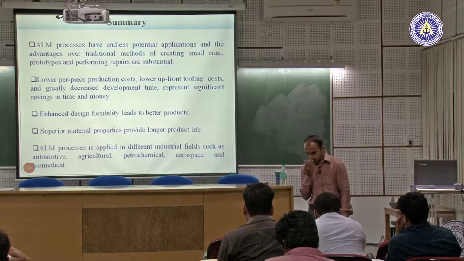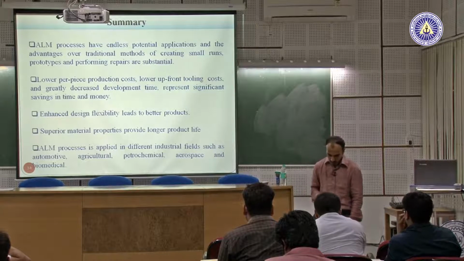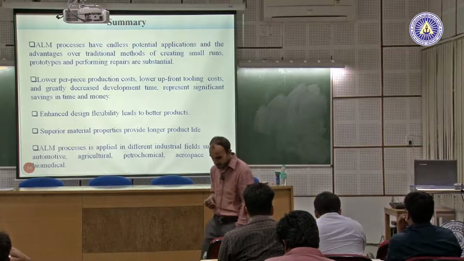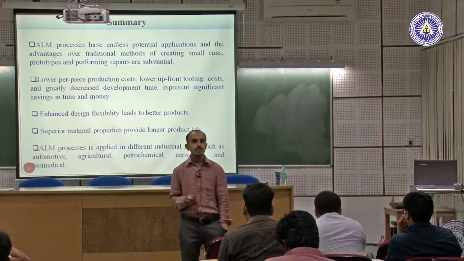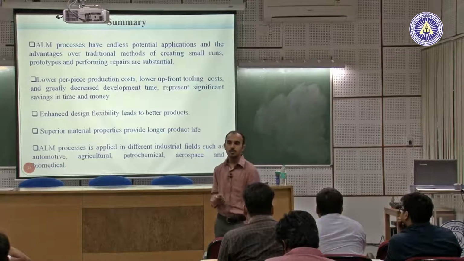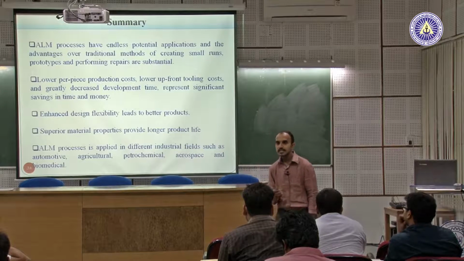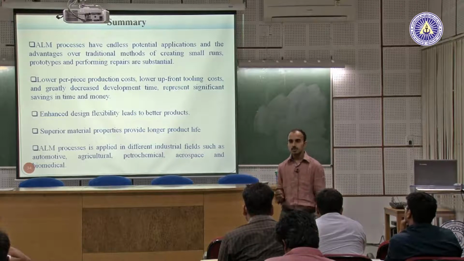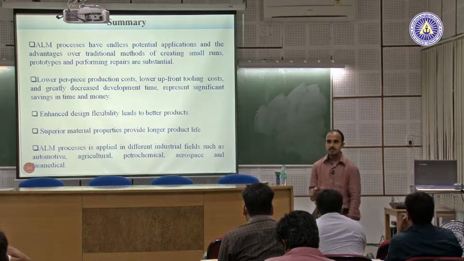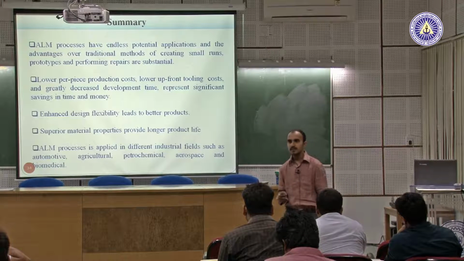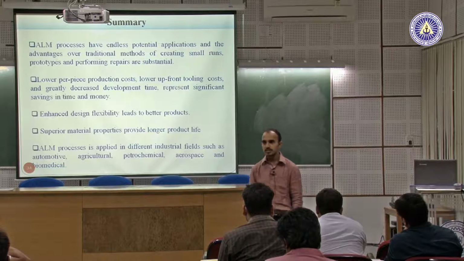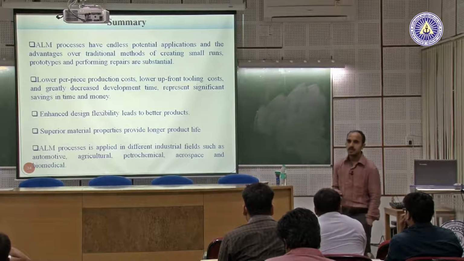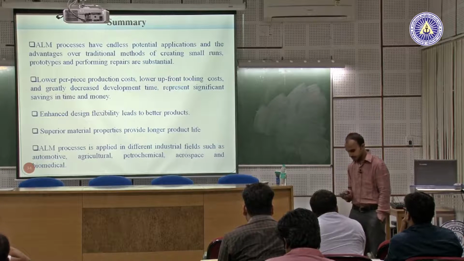At the last, I would like to say that for selecting any additive layer manufacturing process, three considerations are very important. First, define which material you want to deposit; further, which thickness you require; and further, the post processing. Every different additive layer manufacturing process has different advantages and some disadvantages and limitations. So these three main parameters we need to consider when selecting additive layer manufacturing.